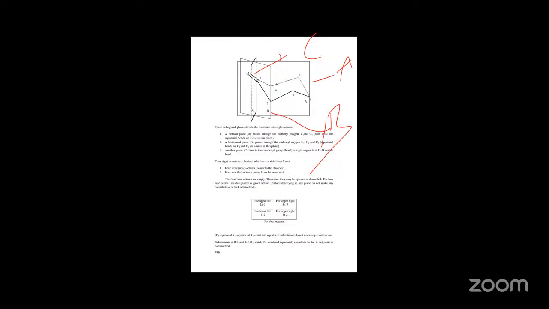The four rear octants are designated as given in this particular table. So you see upper left, upper right, lower left, and lower right: four rear octants. Here the substituents in R2 and L3, C2 axial and C5 axial,